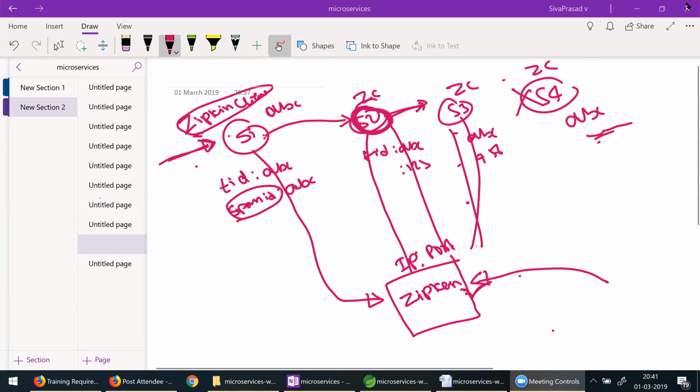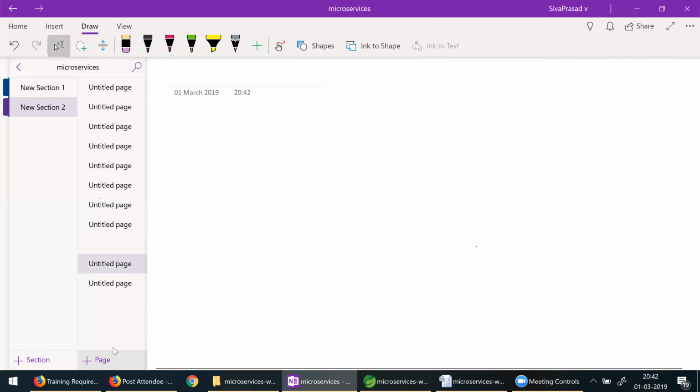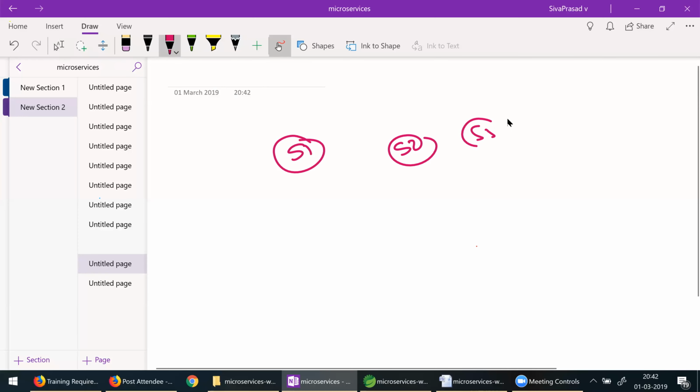Okay. Any other questions I can take right now? How to handle transactions in microservices? Very good question, Eknath. Let me discuss how to handle transactions in microservices. So basically, if I have multiple services, service 1, service 2, service 3, service 4, let's assume